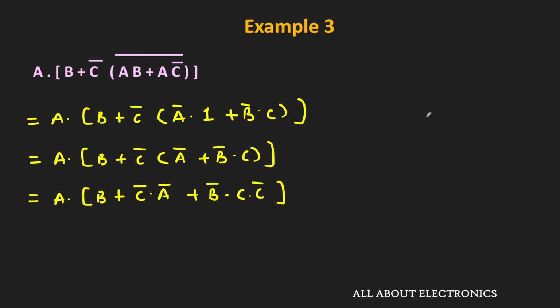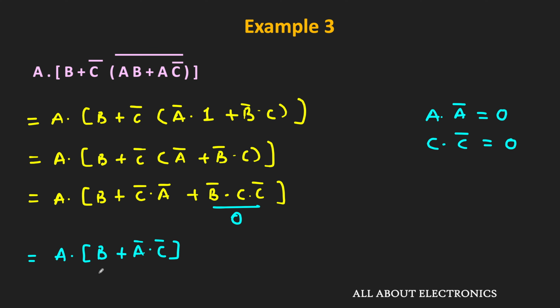Now we know that this a dot a bar is equal to 0. Similarly over here, this c dot c bar will become 0. That means this term will become 0. That means now we will have this a dot b plus a bar dot c bar. And once again, using the distributive law, we can write it as a dot b plus a dot a bar dot c bar,